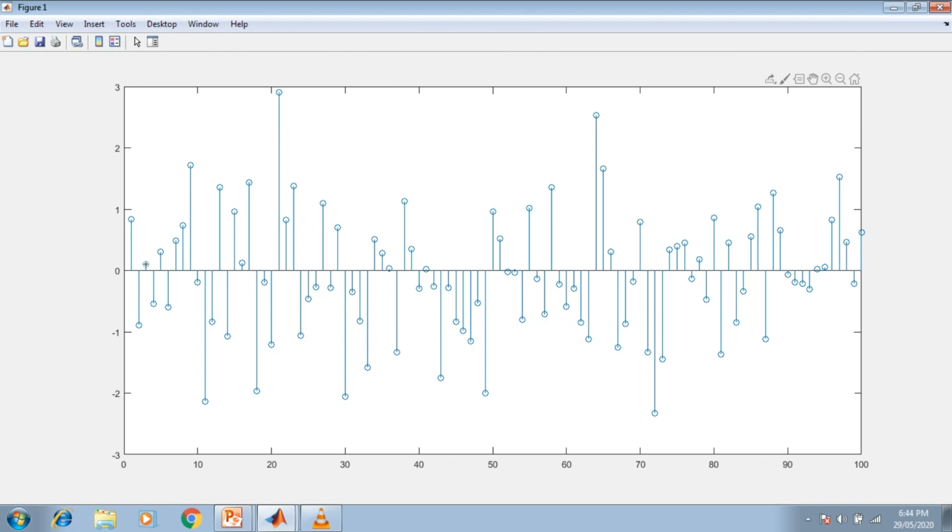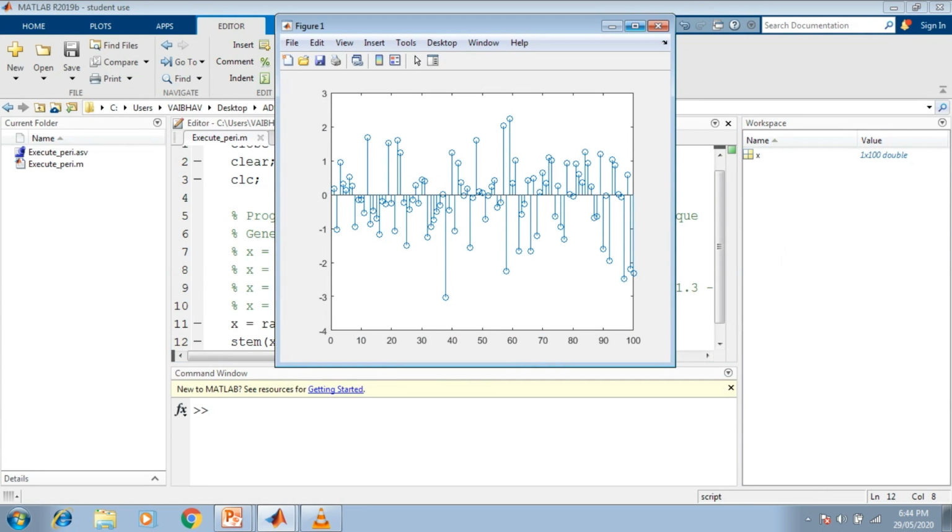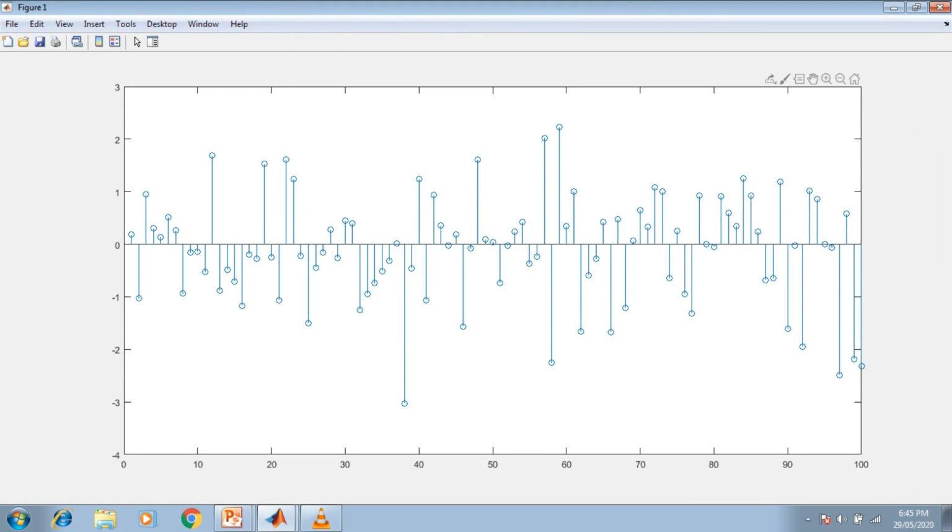The third one here is positive 0.1001. I again close it and without making any changes I run this particular program. So again we get another random pattern generated here. This time the first sample holds the amplitude 0.1832, the second one holds minus 1.03, and the third one has the amplitude